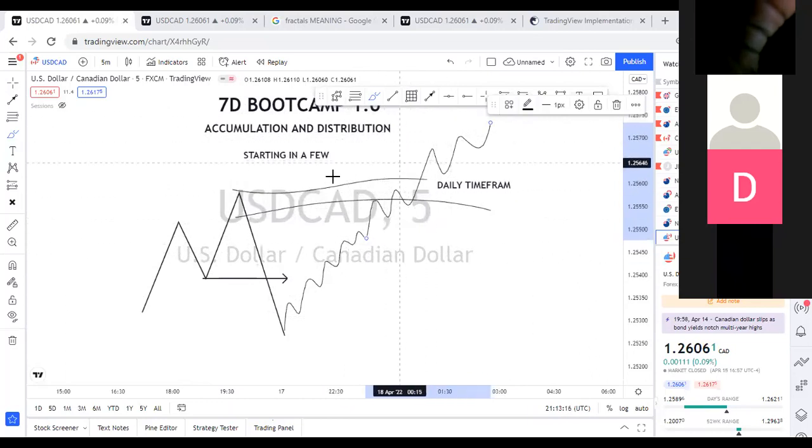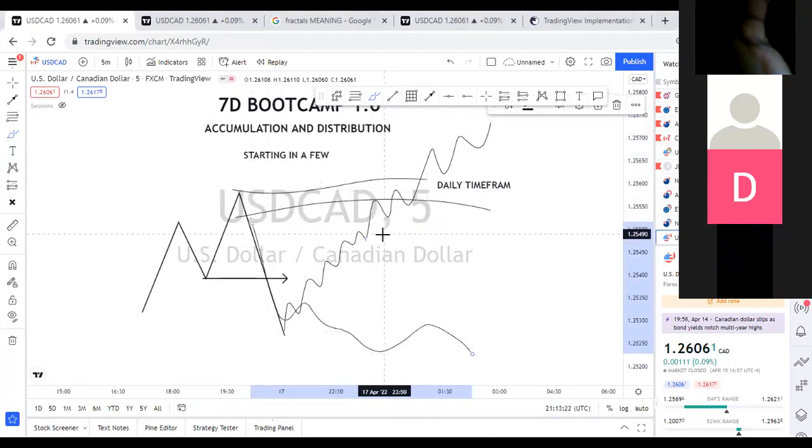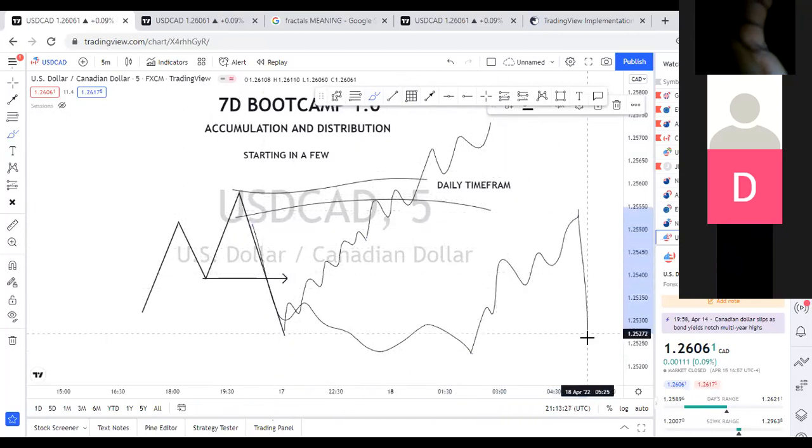Price can continue this bullish structure and violate your POI, or price will just continue dumping and not even come back. Then it will take many days before it comes back to your marked out point of interest.